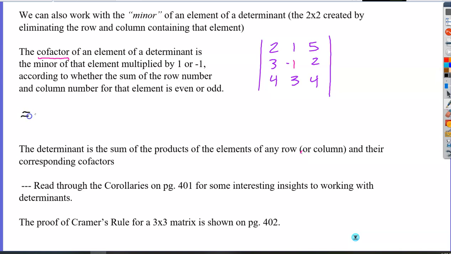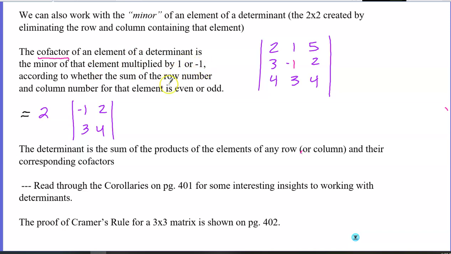So my determinant should be found by taking the product of the element. I'm going to start with my element in my first row, since I'm going to use the entire row, 2. Then times their corresponding cofactors. So now we need to find the cofactor for element 2. First thing is I need the minor for 2. The minor for 2 would mean I get rid of the row of 2 and the column of 2, which leaves me with this 2 by 2. So that is going to be the minor, and I'm going to take the determinant of that. So -1, 2, 3, 4 times